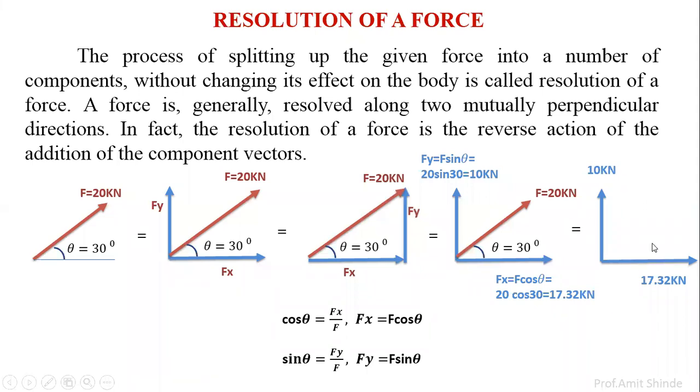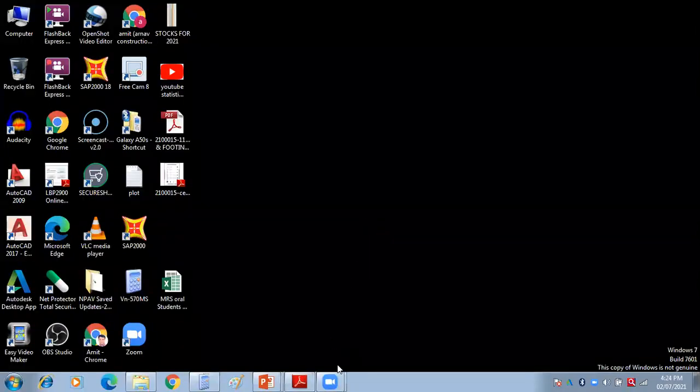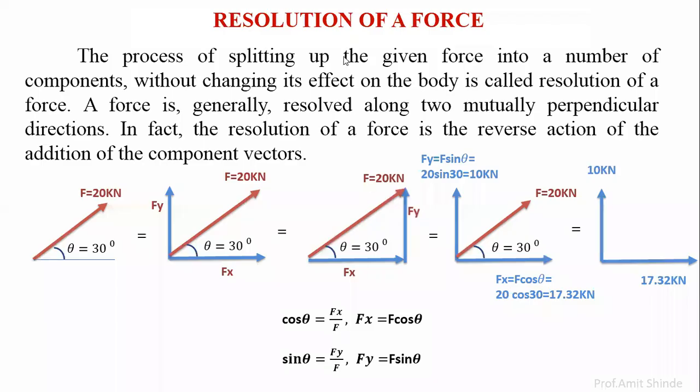If we apply over the body, instead of this force F, 20 kilonewton force F making an angle 30 degree with horizontal, these two forces which are mutually perpendicular to each other, having the intensity along the x direction 17.32 kilonewton and 10 kilonewton along the y direction, it means that I have split up this force into a number of components. I have made these two components